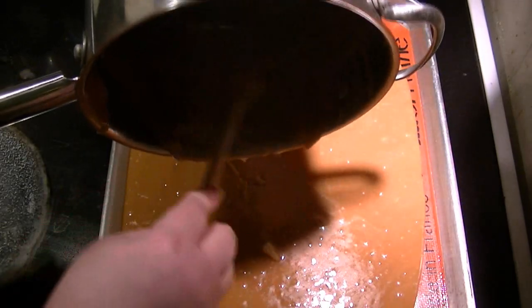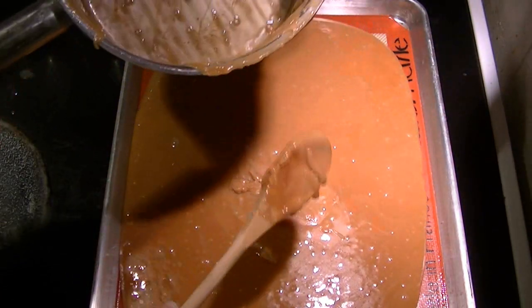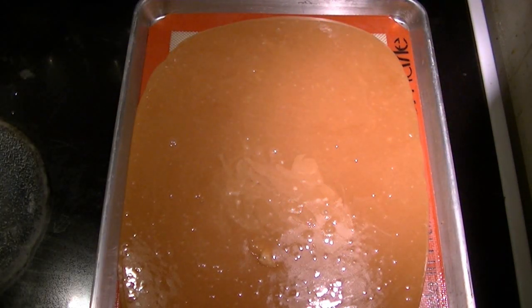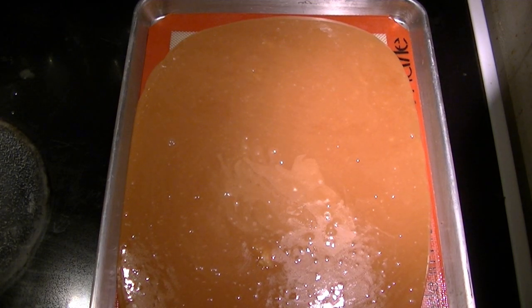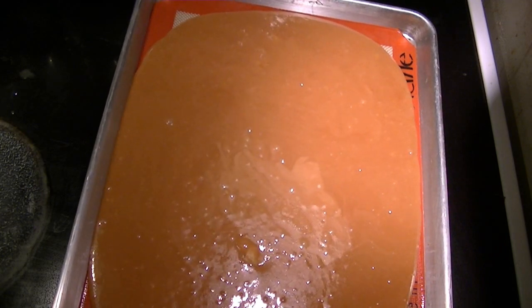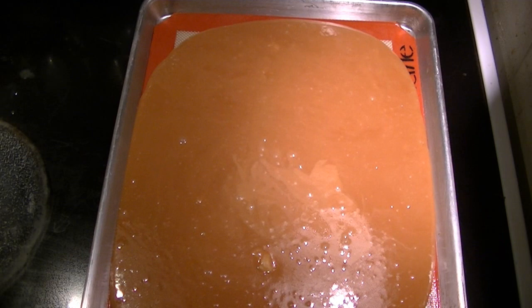And while it's hot, I'm going to let it sit up just a little bit. But that might be licking for me for later. I'm going to set that aside. Actually, I'm going to put it in the sink so none of the animals get to it. See how it's finding its own level? And because I made a double batch. Alright, so